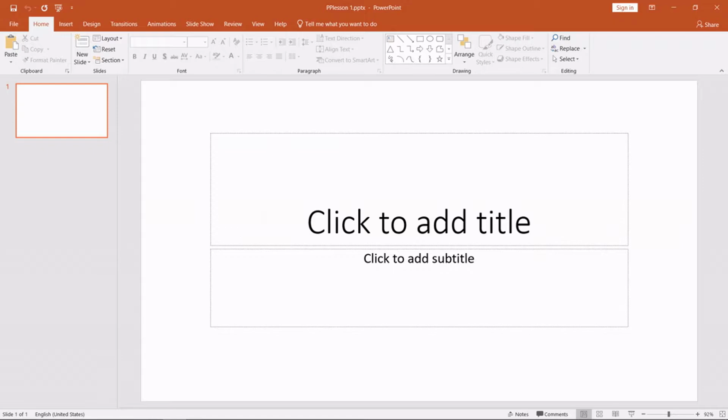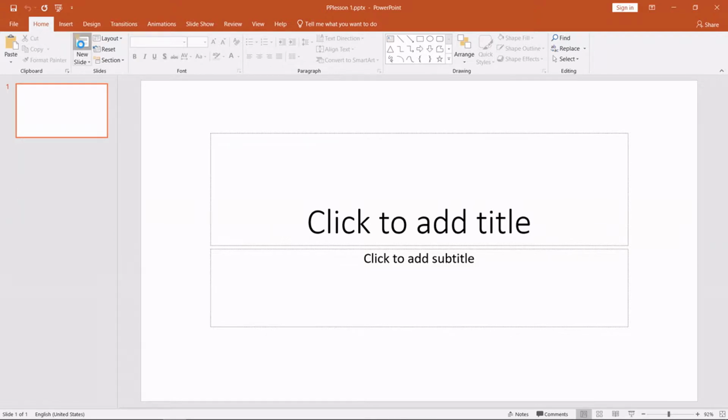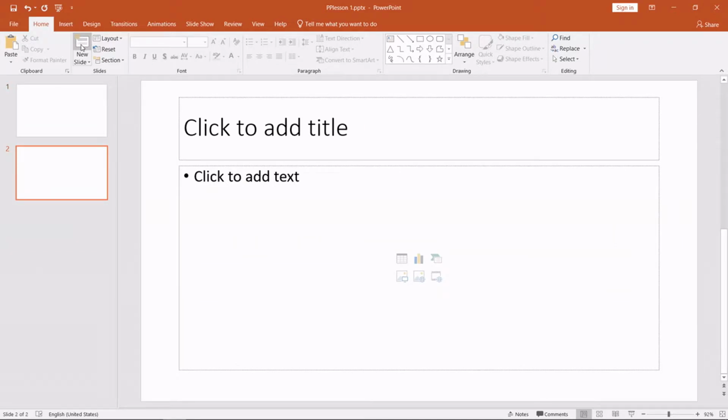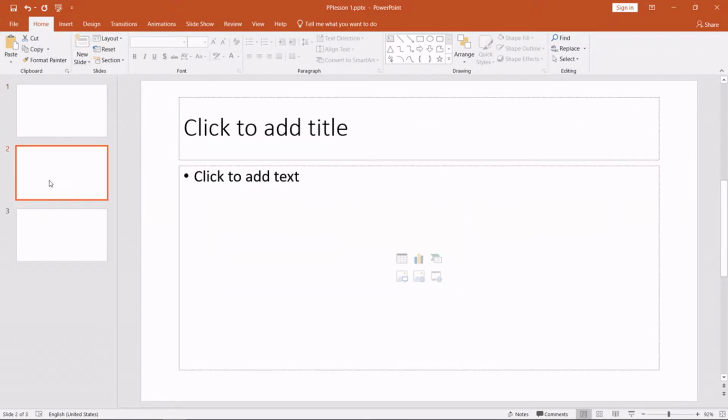Now that you know how to open and save PowerPoint, we'll go to the Home section first. The clipboard function is the same as in Word, so I will not go further into that. What's new is New Slides. To insert a new slide into the presentation, you can press New Slide, like this. The slide will appear after the slide that is selected. So if I now press this slide and press New Slide, you will see that the new slide is now